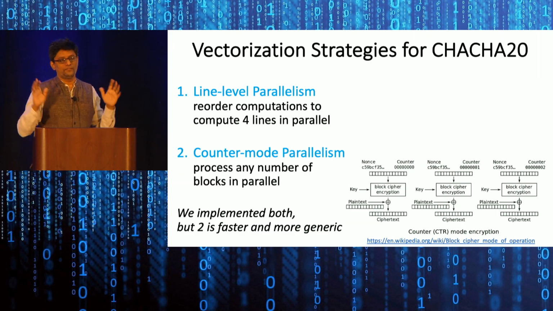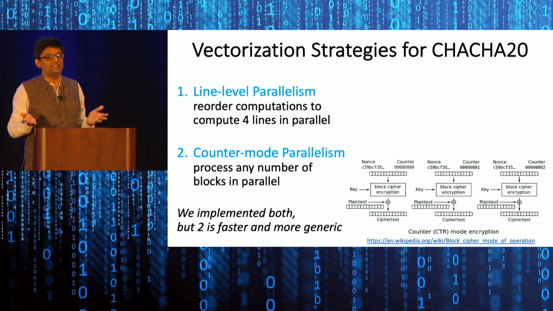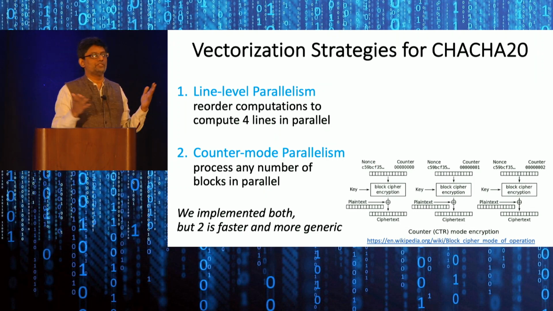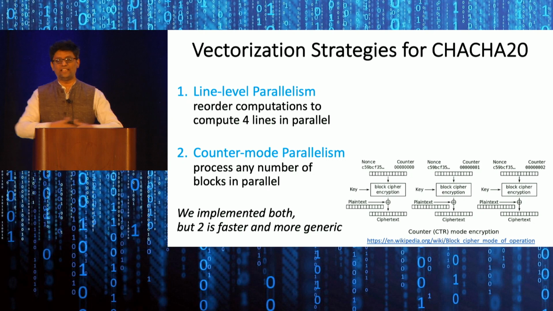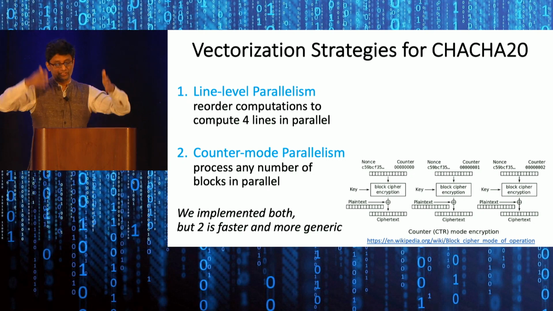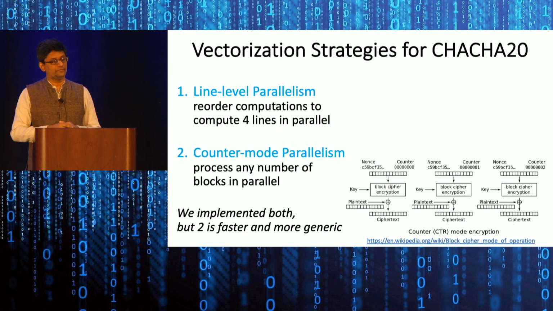The other one is to say, well, forget about ChaCha20. It's essentially a CTR algorithm, it uses counter mode, and so counter mode is inherently parallel. You can process any number of blocks at the same time, and that's another way of parallelizing it. You just take different blocks and run them in parallel. We've done both, but I'm going to focus on the second because it's actually a bit faster, and it's actually